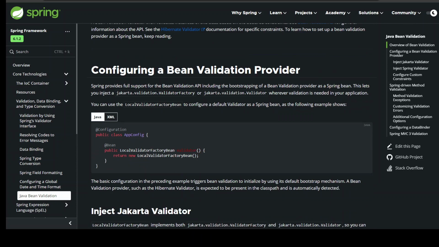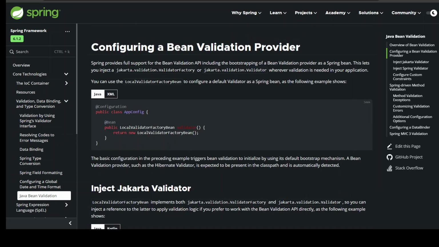jakarta.validation.ValidatorFactory or jakarta.validation.Validator wherever validation is needed in your application. You can use the LocalValidatorFactoryBean to configure a default Validator as a Spring bean, as the following example shows. import org.springframework.validation.beanvalidation.LocalValidatorFactoryBean; @Configuration public class AppConfig { @Bean public LocalValidatorFactoryBean validator() { return new LocalValidatorFactoryBean();